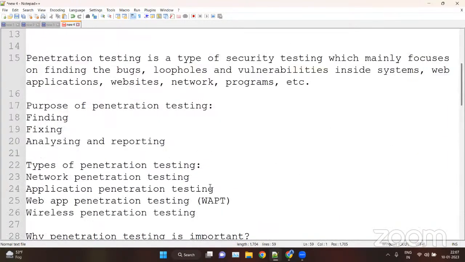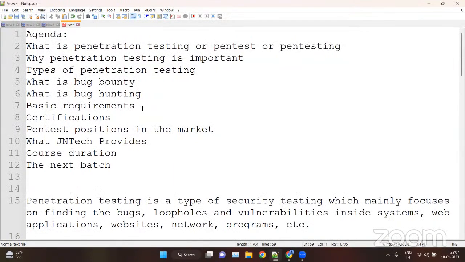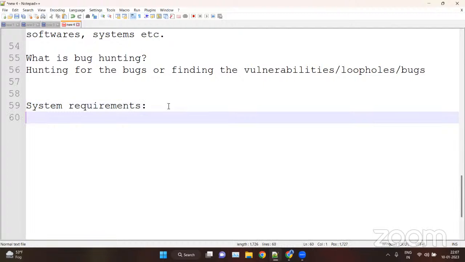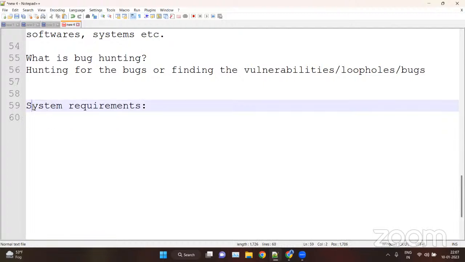Okay, so now we have basic requirements. So we have the system requirements. Basically, we can write the minimum system requirements here.